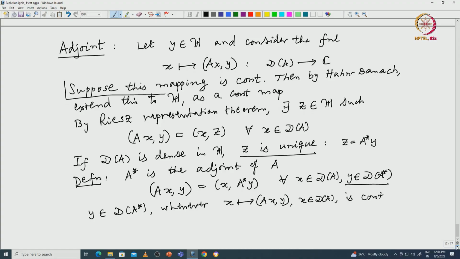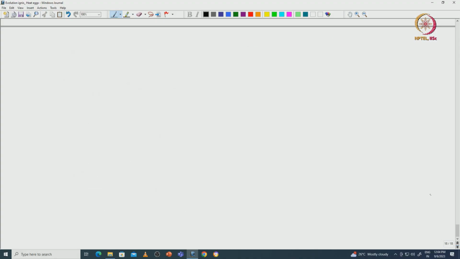So, welcome back. Again we will continue the discussion on the adjoint operator and symmetric operators, and when a symmetric operator is going to be self adjoint, those things we will now discuss. Okay. So, again let me say how we define the adjoint.